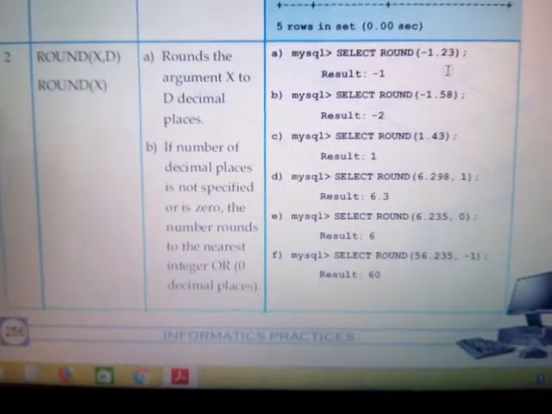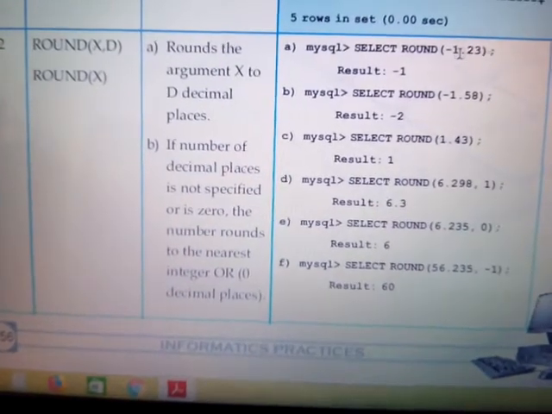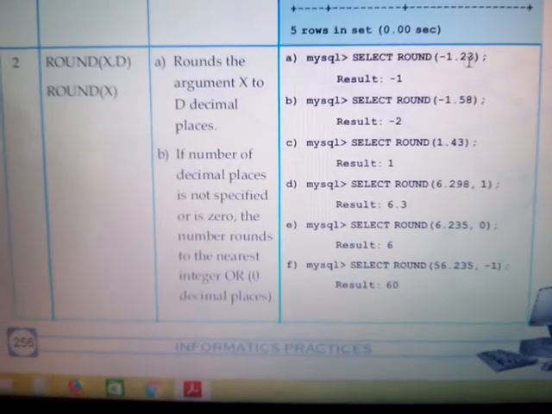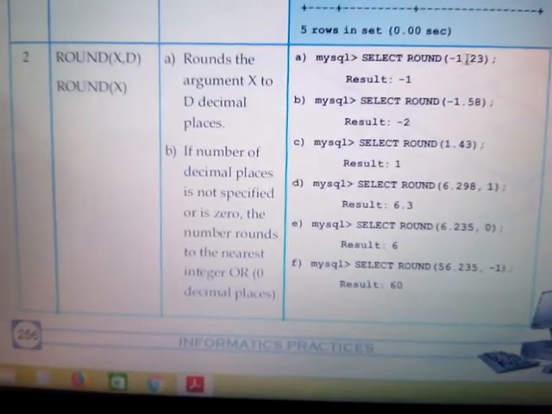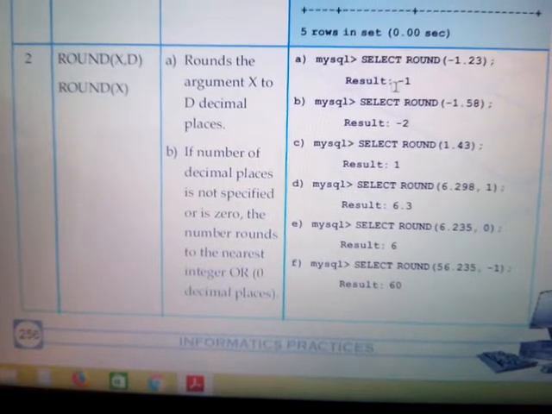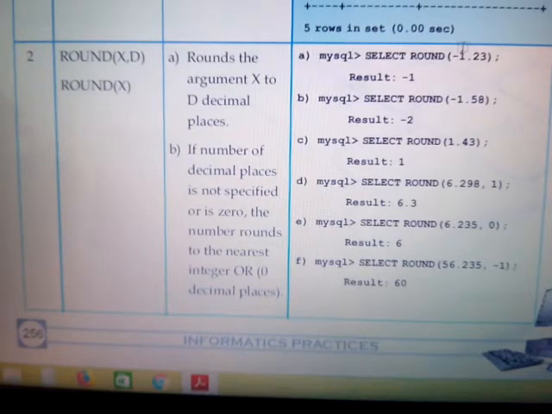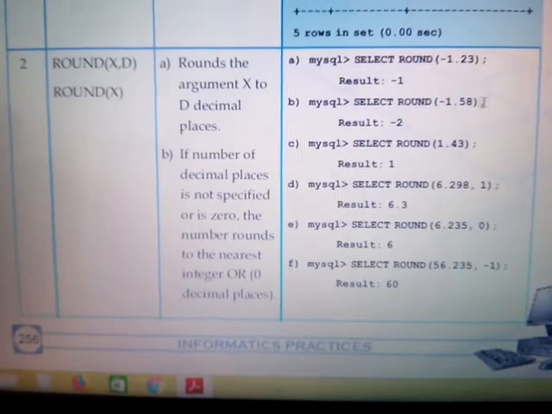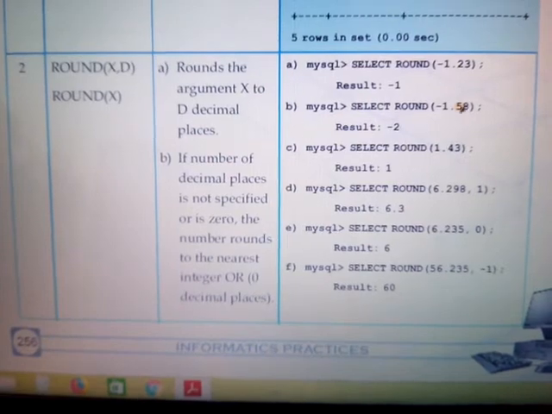Okay, so minus 1.23 is there. What will we do? We will check after the point. After the point you can find 2 is there, and we know very well that if we do rounding of a number, we need 5, or the number should be more than 5, and because of this the very next number is incremented by 1, right? So your answer will be what? Minus 1, because here 2 is there. Because of this 2, this 1 is not going to be incremented, so your answer is minus 1. Likewise, let's check minus 1.58. So see, from here you can find 5 is there. Okay, 5 is there. We know very well that if the number after